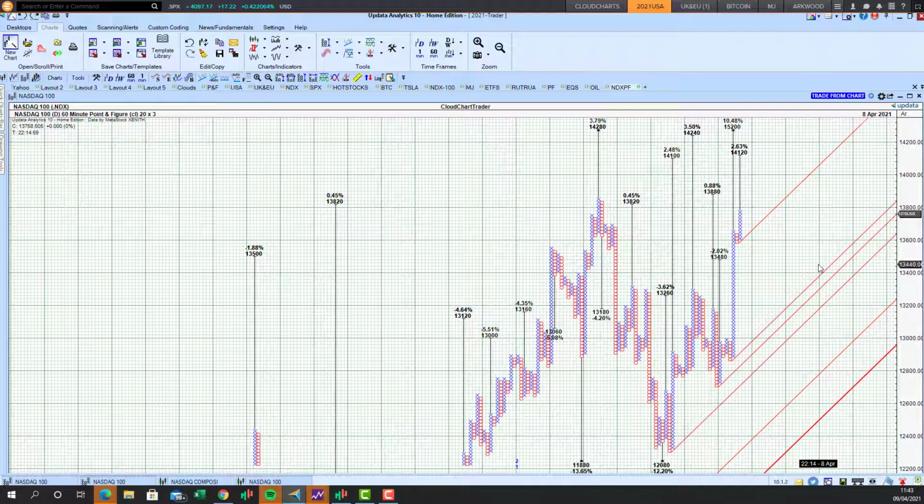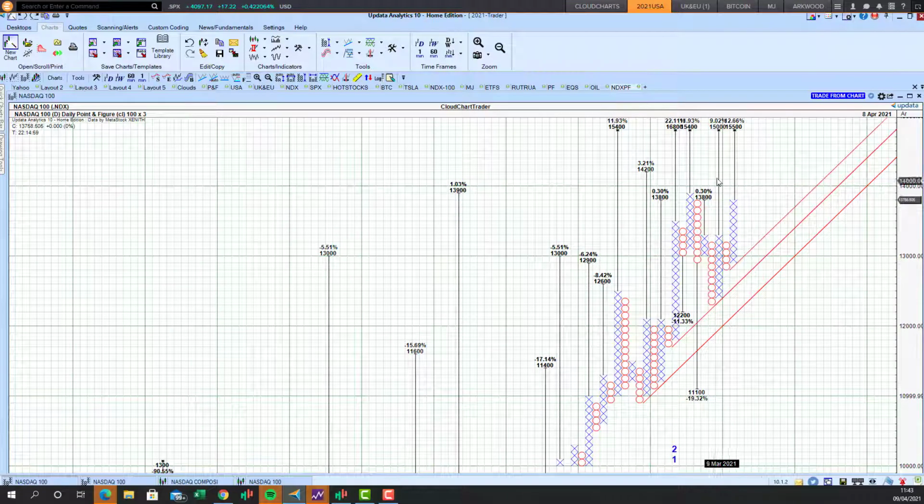So these are the upside targets that we can hit over the next week or two. And be aware that we can see a consolidation as soon as we've hit these targets. So the Nasdaq is at risk of a consolidation because we're getting close to key targets. But so far the long-term picture is still up because the 45-degree angle of the point and figure chart gives you an idea what the long-term trend is. But so far so good. Watching out for those reversals, watching out for the price action in and around the 13,800 to see if the Nasdaq will consolidate after